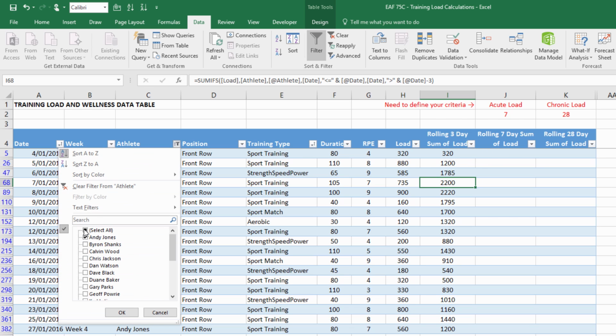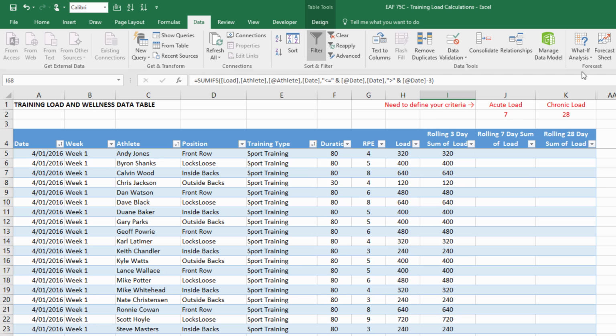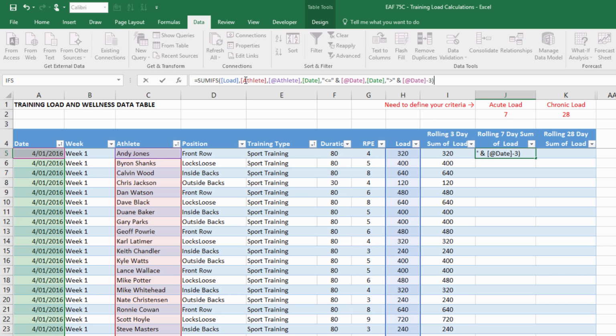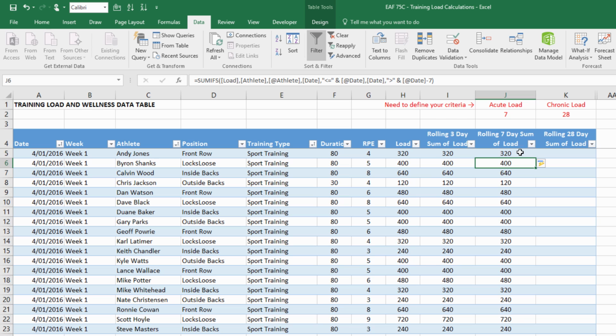We can go back, select all our data, and then finish off these other 2 columns. So copying and pasting. I like to do that inside the formula bar because it removes any risk that we might get some automatic changes happen without us knowing. Instead of having minus 3, I want to have minus 7. Everything else can stay the same. Hit enter and go into 28